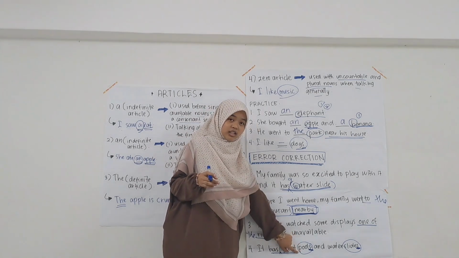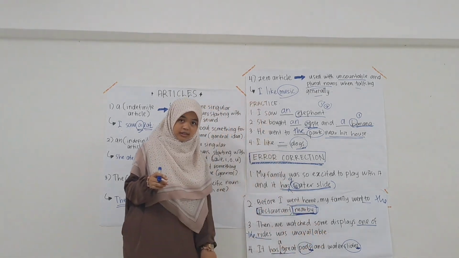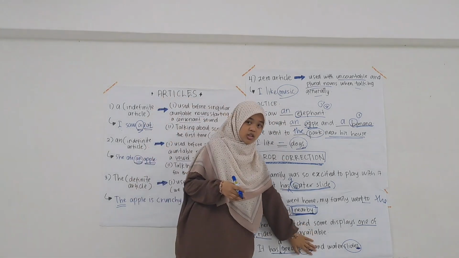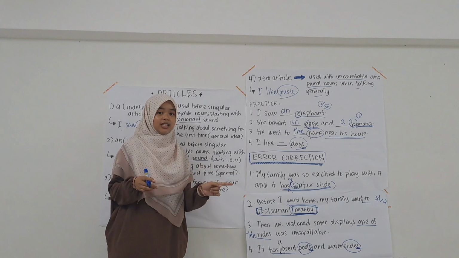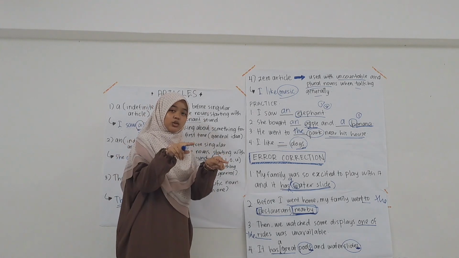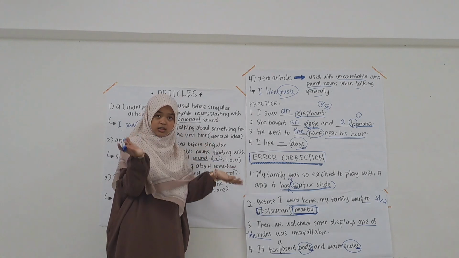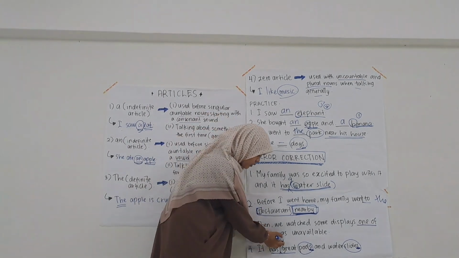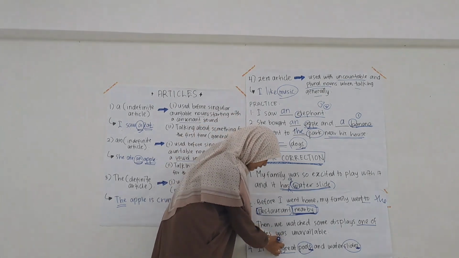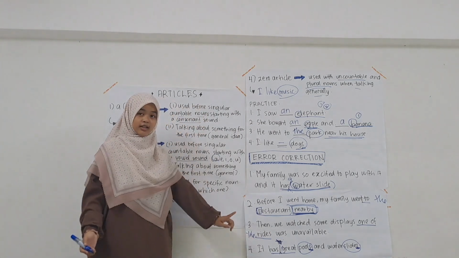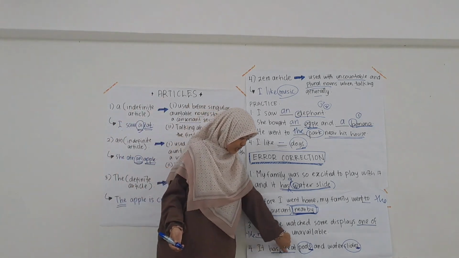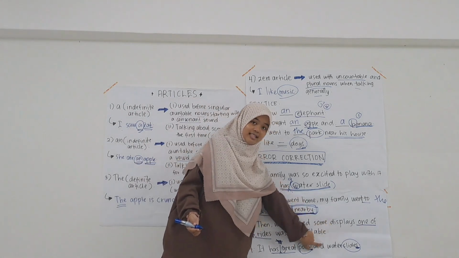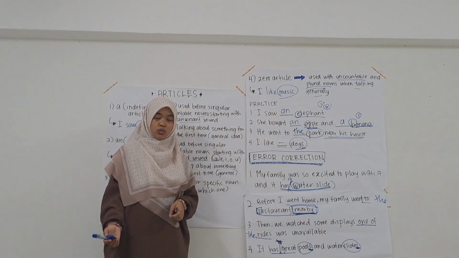So when you are talking about something that is plural, a plural noun, you cannot put the indefinite article because you are pointing to something that is more than one. So in this sentence, there should be zero articles. You don't need the indefinite article in this sentence. The correct sentence would be, it has great pools and water slides. Again, why? Because pools and water slides is a plural noun. So when we are talking about plural